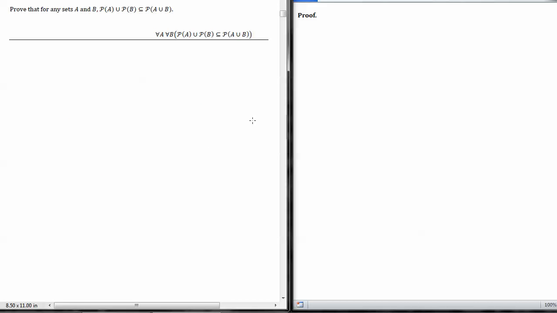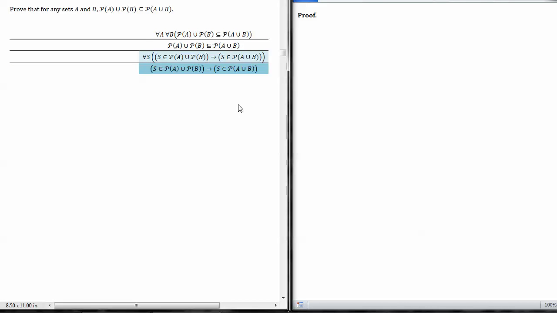All right, so let's see how the logic plays out. This is what we're supposed to prove: for all A, for all B, that this is a subset of that. And we can begin by letting A and B be arbitrary to get rid of those universal quantifiers. And then to prove that subset statement, first we can write its definition, and then we can let S be an arbitrary set to get rid of that quantifier. Now we have to prove a conditional statement, so we can do direct proof, take the antecedent as a given,